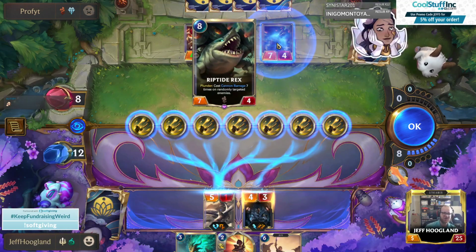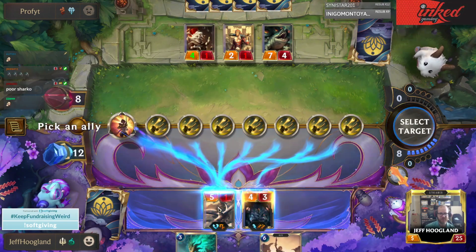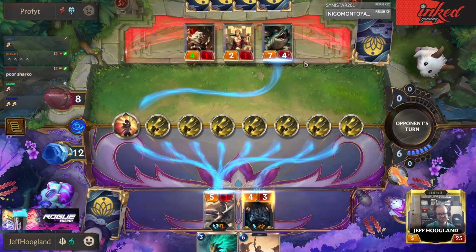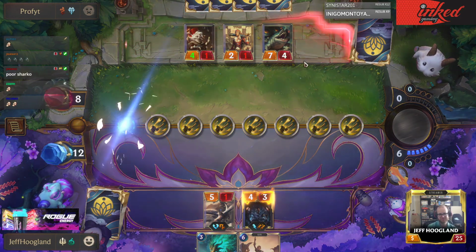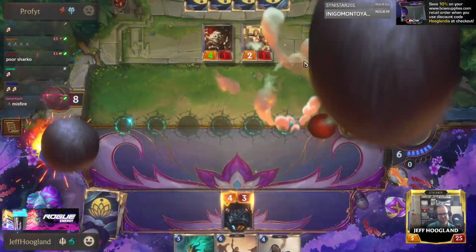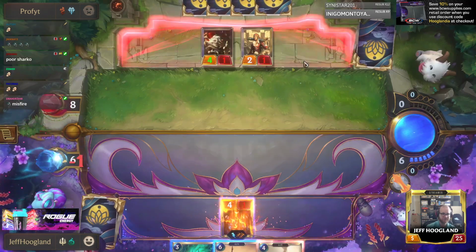So, Shark cast 7 targets at random, and he missed killing Lucian. So we take 6 to the face here, but like,